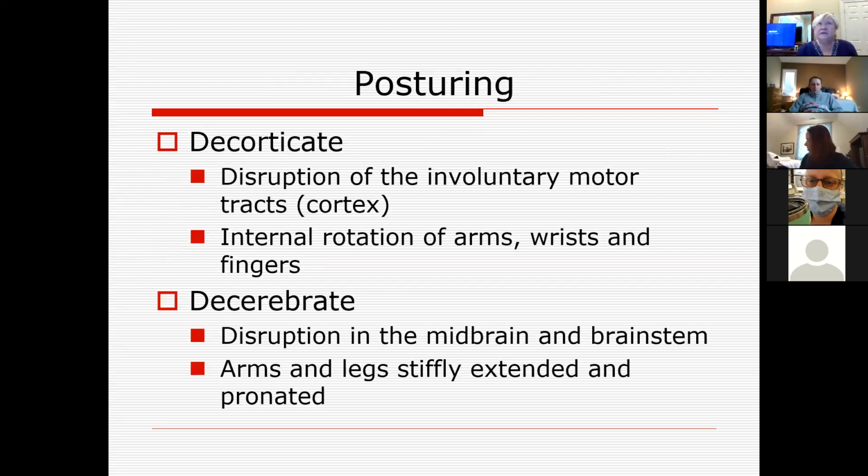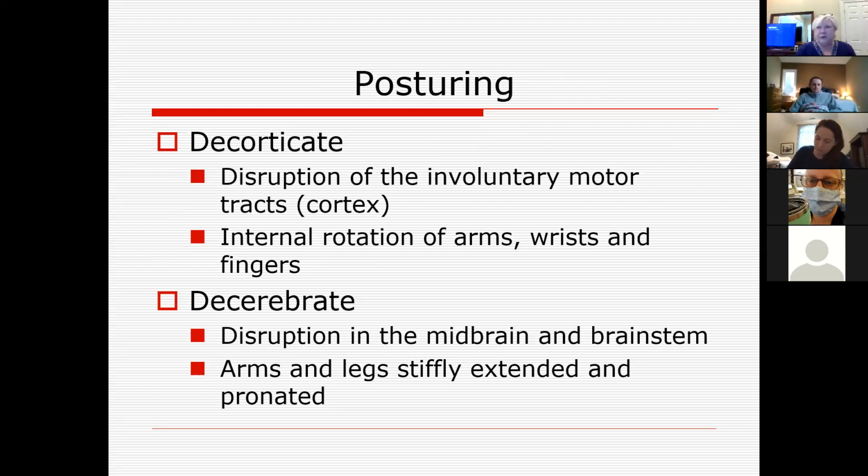Now, there is something very important called posturing. Posturing is how patients present when they have increased intracranial pressure in their brain. Now, there's two kinds of posturing. There is decorticate posturing and there is decerebrate posturing. A lot of people just call it posturing because they can't remember which one is which. But for NCLEX purposes, you do have to know the difference between